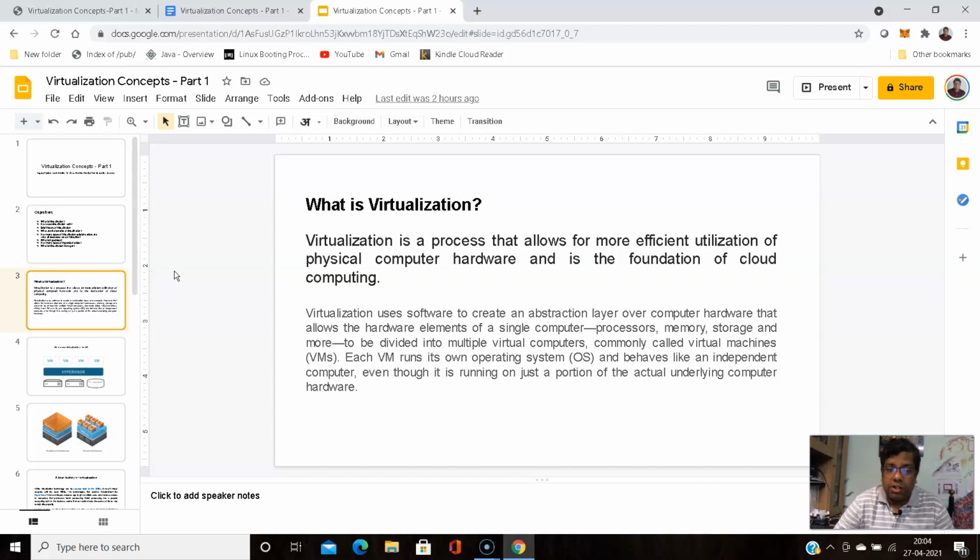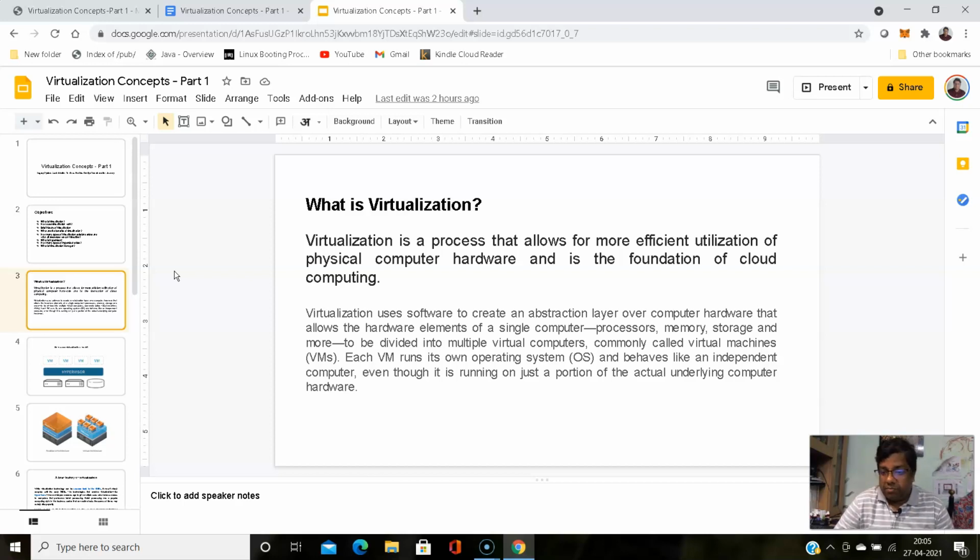Virtualization uses software to create an abstract layer over computer hardware that allows the hardware elements of a single computer, that is processors, memory, storage, and the other hardware components, to be divided into multiple virtual computers, commonly called virtual machines. Each VM, that we call a virtual machine in short, runs its own operating system and behaves like an independent computer, even though it is running on just a portion of the actual underlying hardware.